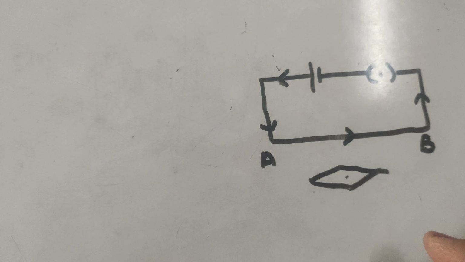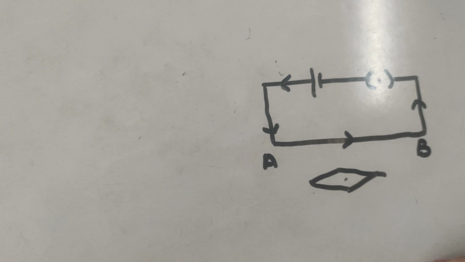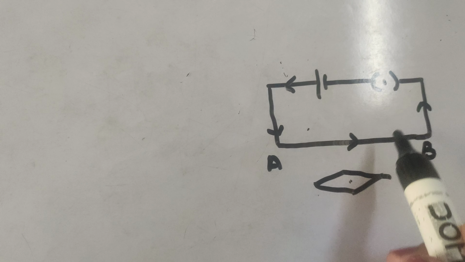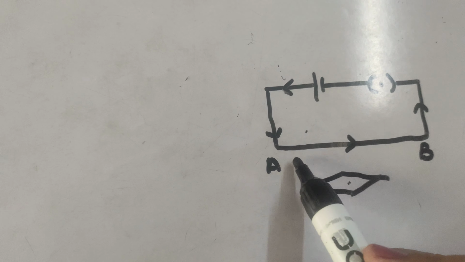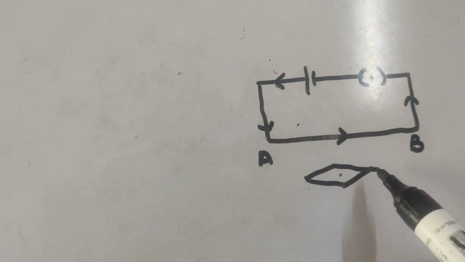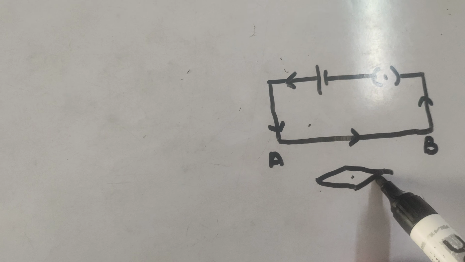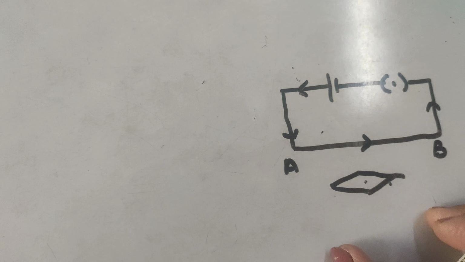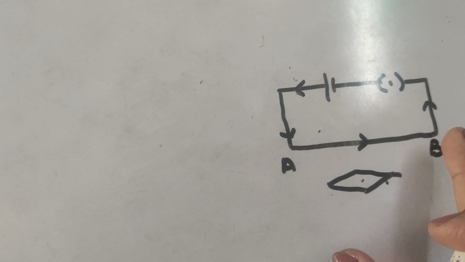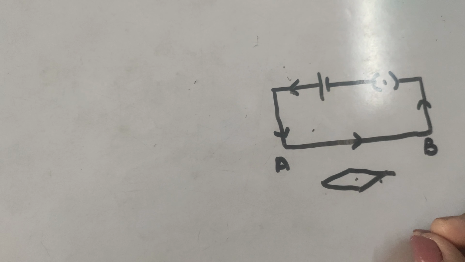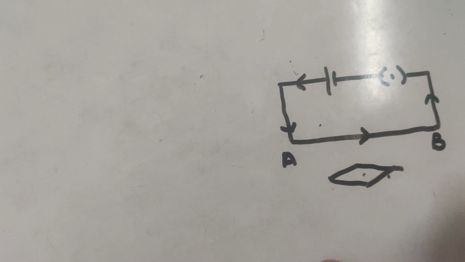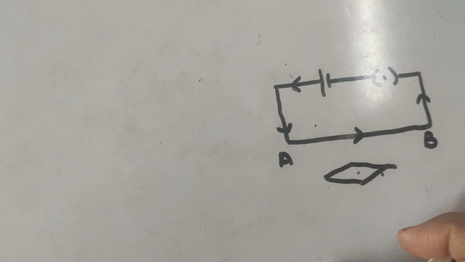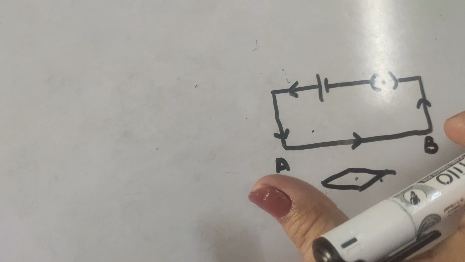Right? It means that this should be possible only when there is a magnetic field around this wire, so that the magnetic field of this wire would have interacted with the magnetic needle, which causes it to deflect. From this experiment, it is clear that the current carrying conductor should have a magnetic field associated with it, and this was found experimentally by Oersted by his experiment which is shown here.